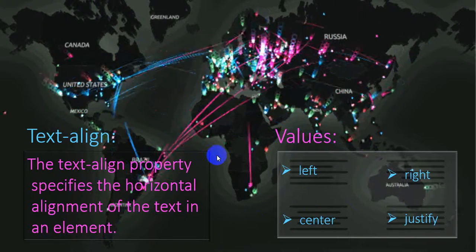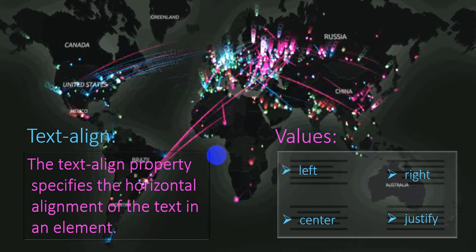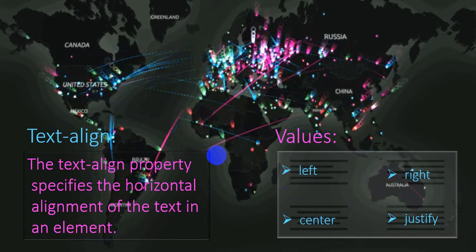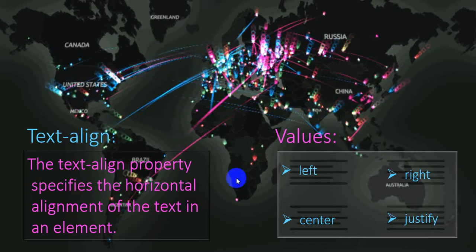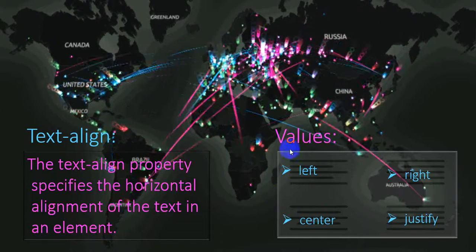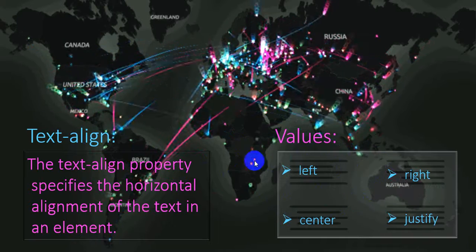Now I am moving towards my coding part, to show you live how these properties work. As many times I have told you, CSS is a language that depends totally on HTML. So first we will create a simple HTML page, then we will apply the CSS on that HTML text. So you can clearly get the idea of what text align is all about, okay. So I am moving towards my programming part.